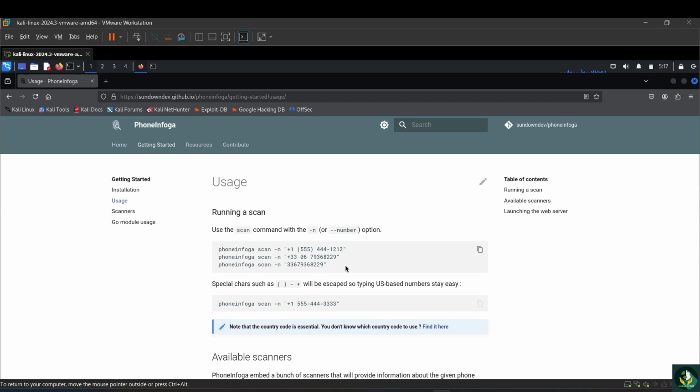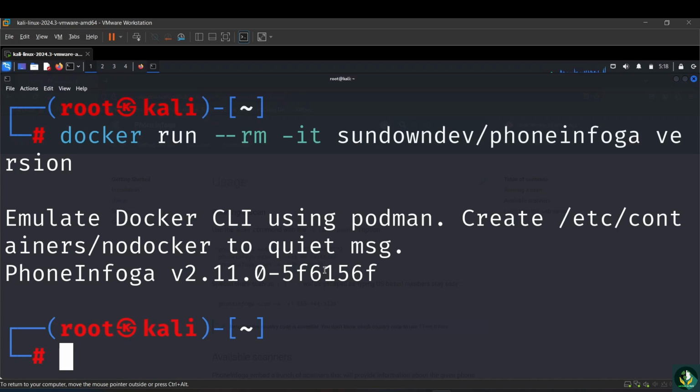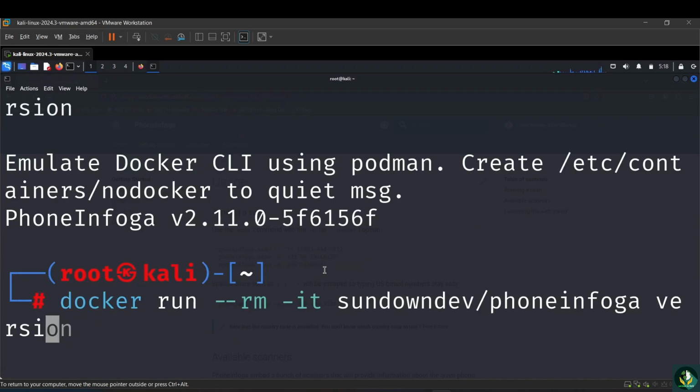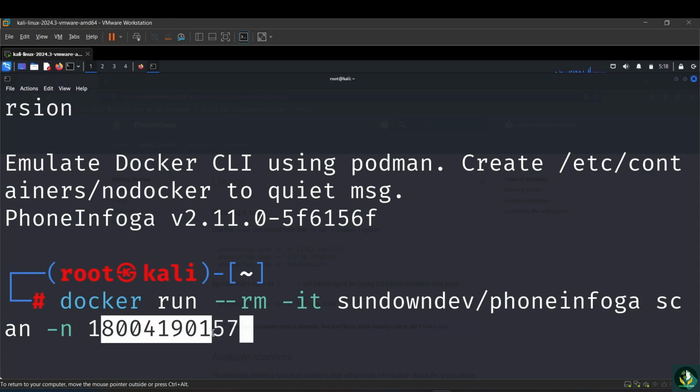Now let's scan the number and we'll see how this tool works. So just type in this command, scan, then -n, and then specify the number. I'm specifying this number, 18004190157, and then I will hit enter.